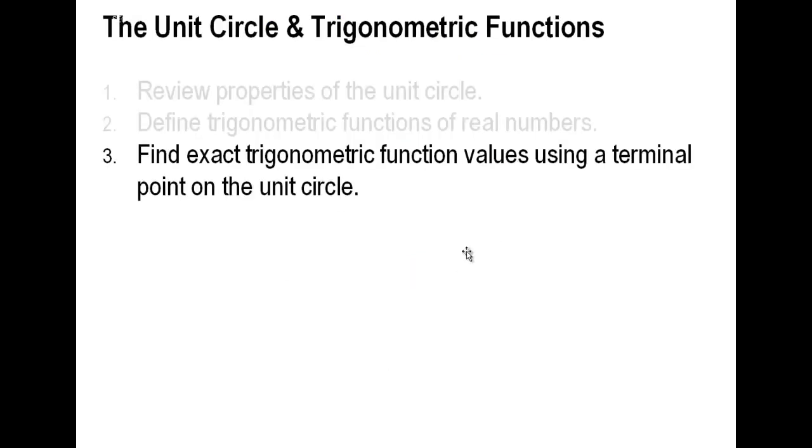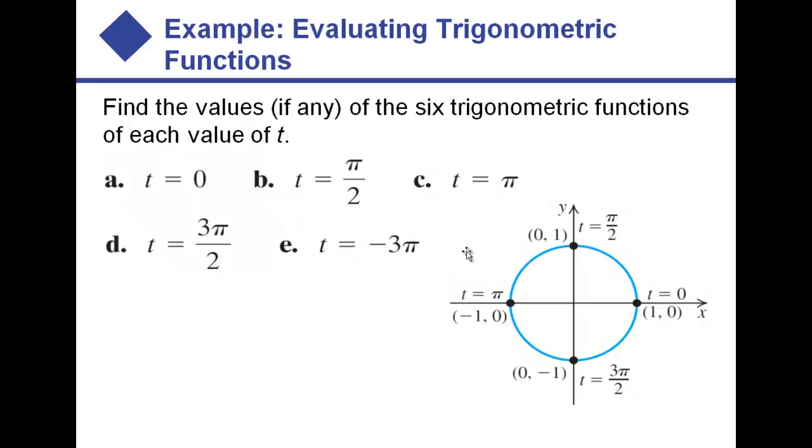What if we want to try and find exact trigonometric values? What is the exact value of sine and cosine at a particular point, or cosecant, secant, and tangent for that matter? How about these 5 examples? When t equals 0, pi over 2, and so on, can we find specific values for our functions? Well, you'll notice before we move on that